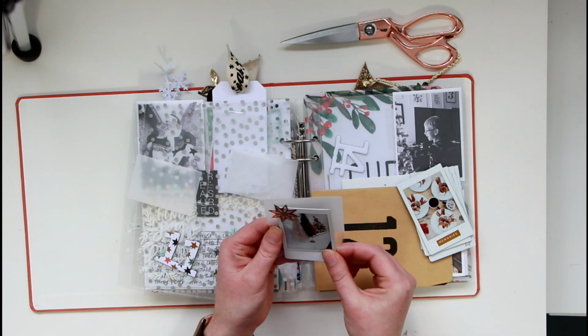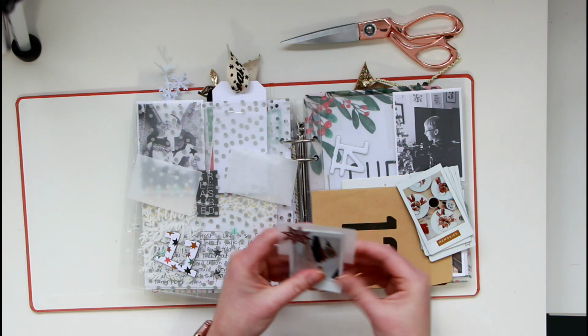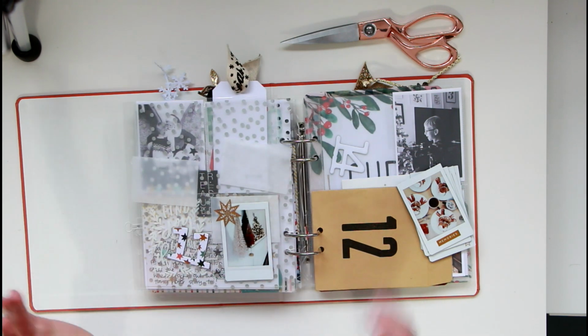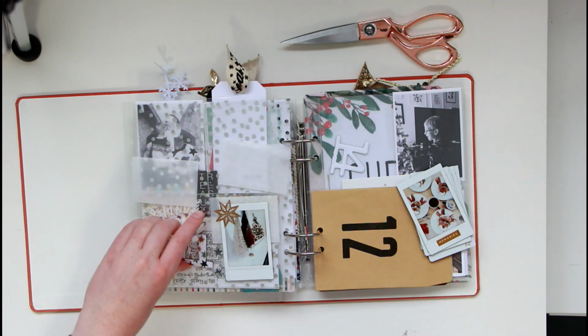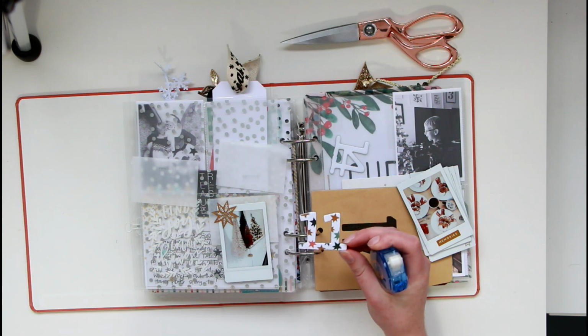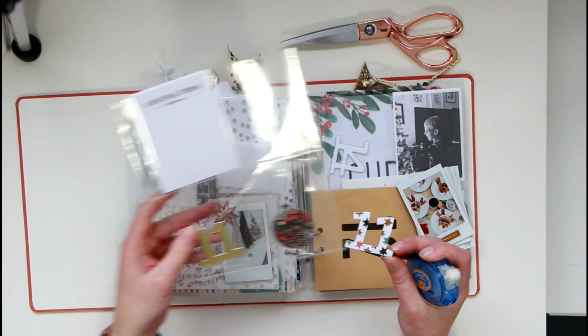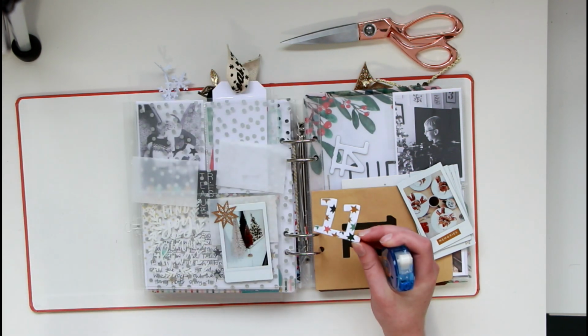So I'm gonna start with this one here because this is where, oh no, that's gonna stay, no problem. It's a little crooked, shoot. Got too excited about it. This is where I'm gonna put my day number 11. For day 11, I took one of the really old white 11s. So you'll see I had the gold 11 down, but I'm actually going to switch to the white 11, and